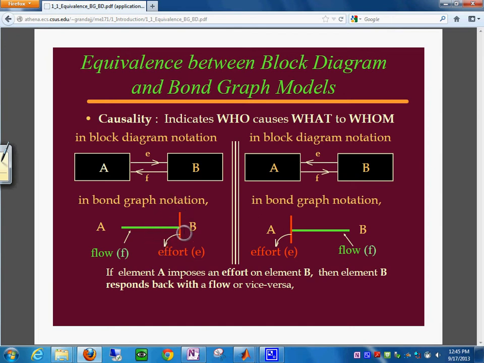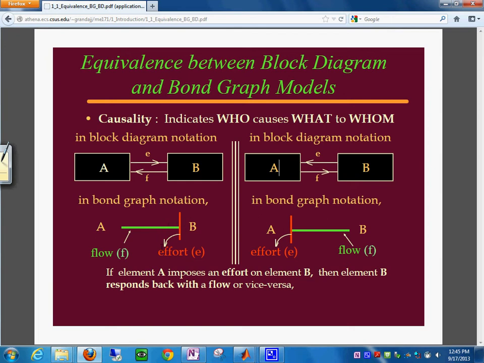Because if you hold with your hand, just imagine you can hold with your hand the green bar, and you press it from A to B, it is this horizontal one that is creating the ability for you to press on B. But at the same time, we react, and B,